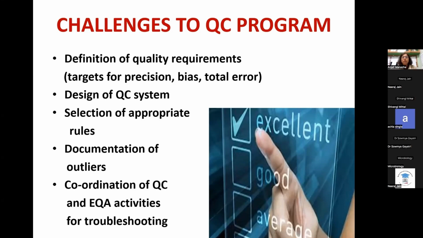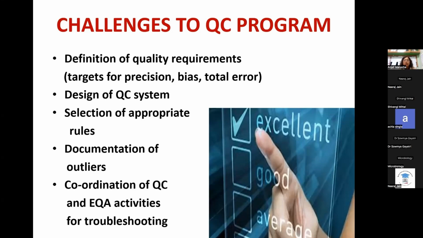Do we run one level? Do we run two levels? What is the frequency of the level? How do we address the out of control situation? What are the rules to check? Now, we have to be very clear on what are the appropriate rules for us. If we try and put every possible rule, we'll never move ahead. And we cannot keep repeating our controls, our tests. We cannot even stop our tests for very long. So how do we move ahead?